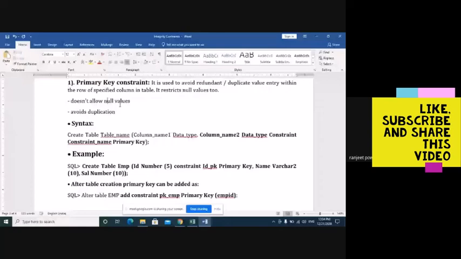If there is no duplication in a column called roll number, so 1, 2, 3, 4, 5, and we require the record of the fifth roll number, the fifth roll number is unique. So we can identify a record from a table uniquely by using the primary key constraint. Okay.